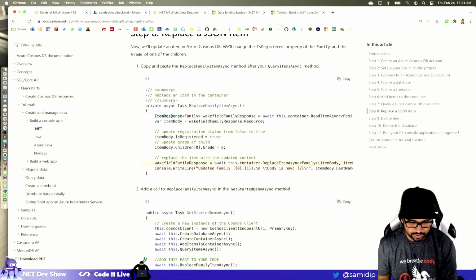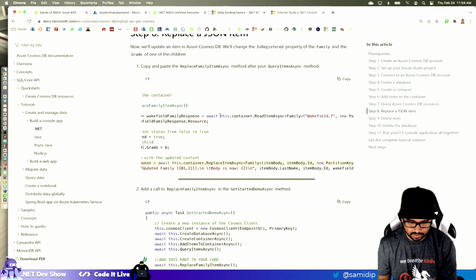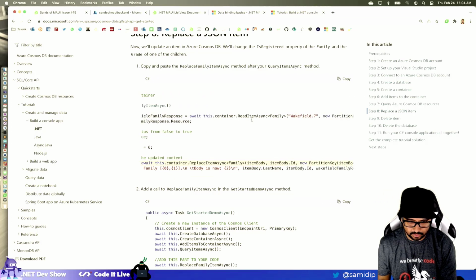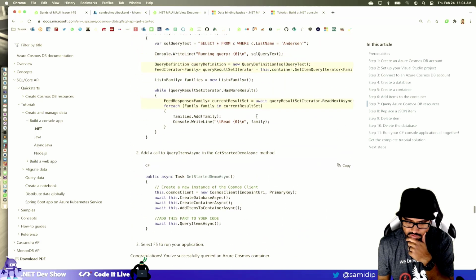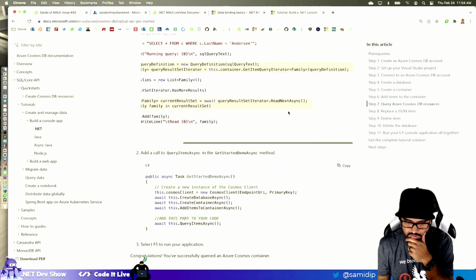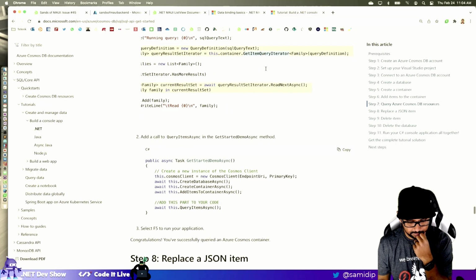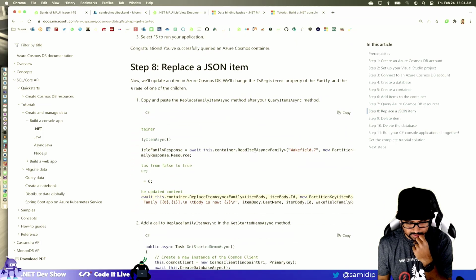So here's an item response of the type family. And this container read items async. Oh, so that's different from, what did I do? Read, oh, that's the get items query iterator. That iterates through a collection, and I'm guessing this read items just does one.